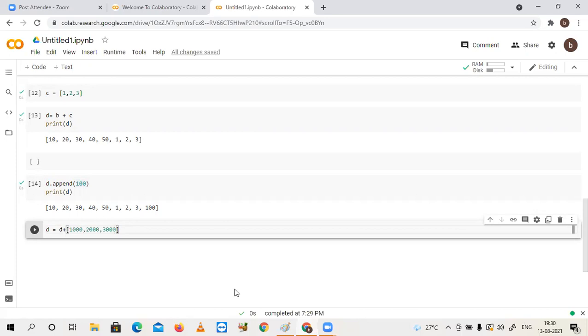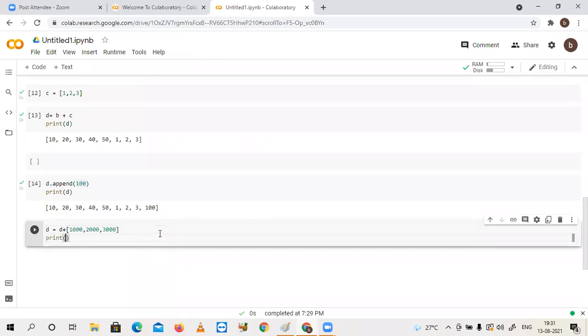That means the total result you are reassigning to the variable D. Right side of the equal to, the first expression is D. What is the data type of D? List. After that plus, again one more list you have specified. List plus list, what will happen, sir? Merged list will happen or not? Yes. So now finally check the content of this one.